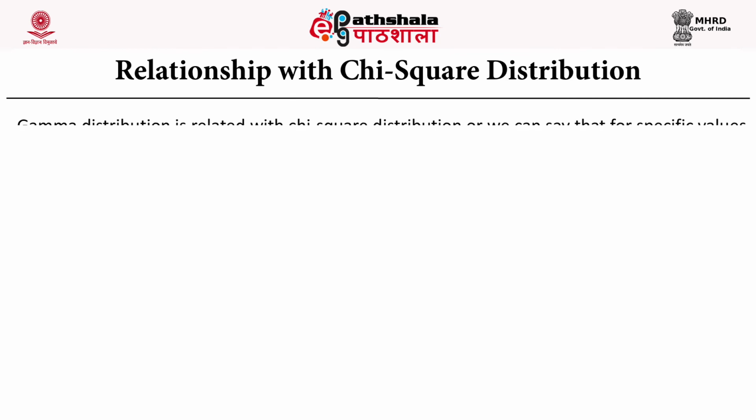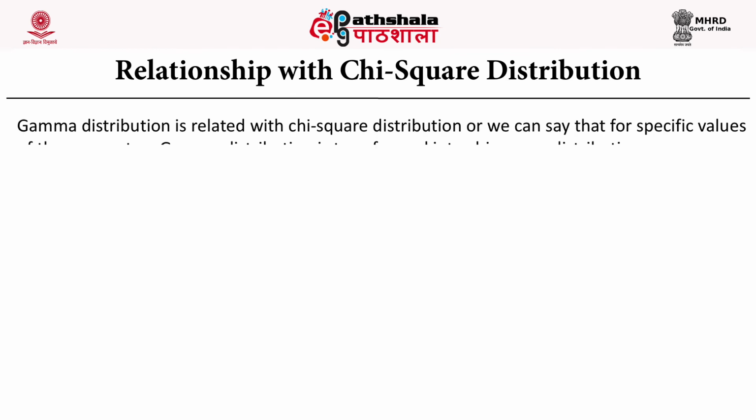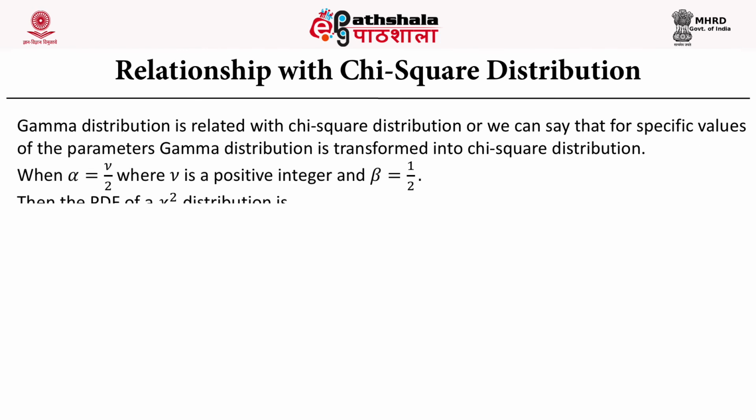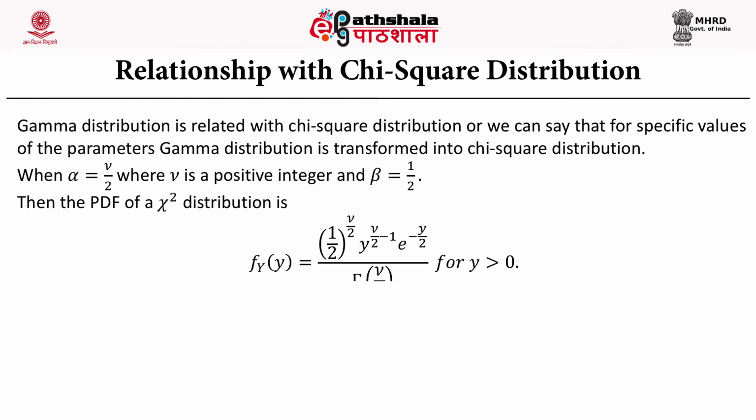Now we will discuss how the gamma distribution is related to the chi-square distribution. The gamma distribution is related to the chi-square distribution, or we can say that for specific values of the parameters of the gamma distribution, it can be transformed into the chi-square distribution. Let us suppose we take alpha is equal to mu by 2, where mu is a positive integer, and beta is equal to 1 upon 2, then the PDF of the chi-square distribution is given as f of